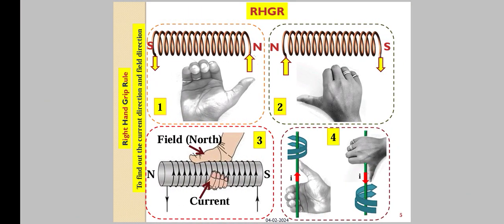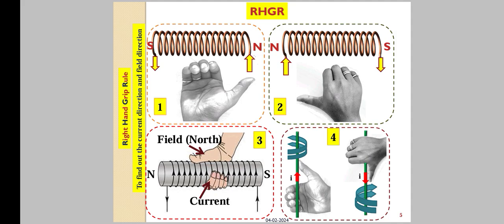So what is the right hand grip rule? Consider figure 3, where we can see one solenoid. If we grip the solenoid using the right hand and curl the fingers in the direction of the current, here the current direction is showing in the upward direction, the extended thumb direction is on the north side. Based on this, we can say in figure 1,